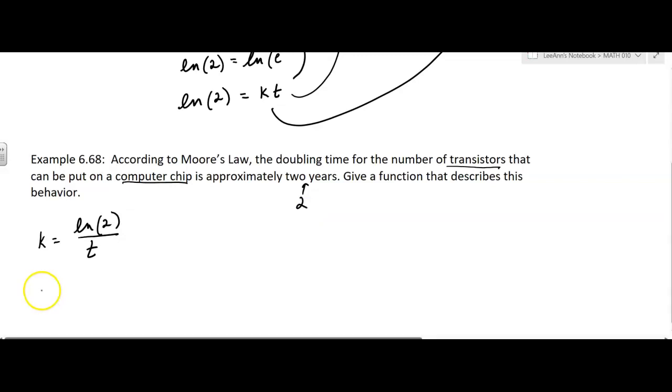Well, we want to figure out what k is. k then is going to be the natural log of 2 divided by 2 because of the years. Now, you can't simplify that, but you could get an approximation for it. The book doesn't do that, but I'm going to do that. So the natural log of 2 divided by 2 is about 0.3466. So that's approximately what k equals. However, in our formula,